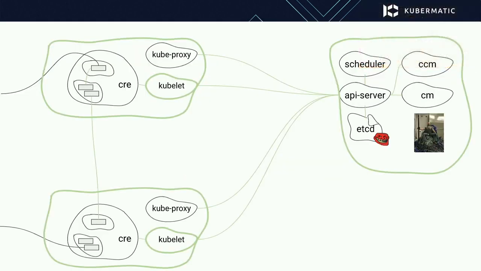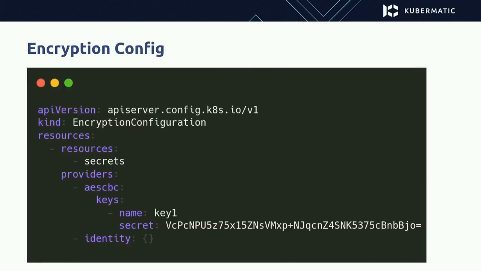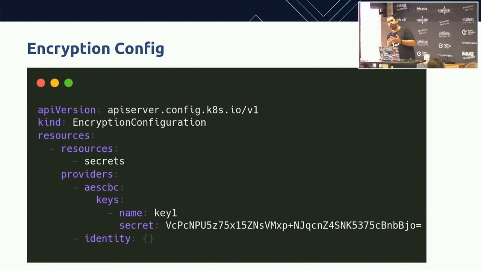Here, when I say rest, it's etcd. By default, your secrets are not stored encrypted inside etcd. So when you get an etcd dump, your secrets will also be unencrypted inside your dump. You can have an encryption configuration for your API server saying that those resources should be encrypted with this key. So you can put secrets. You can also say that you want to encrypt your ConfigMaps, but I don't know if that is really necessary; at least for your secrets you should do it.